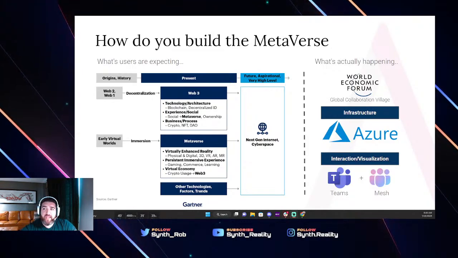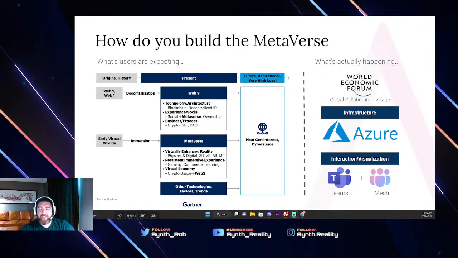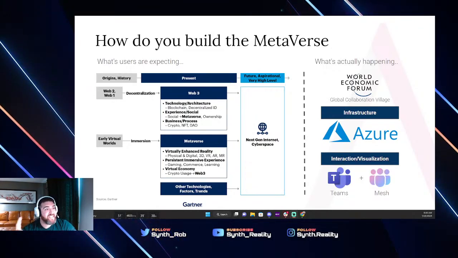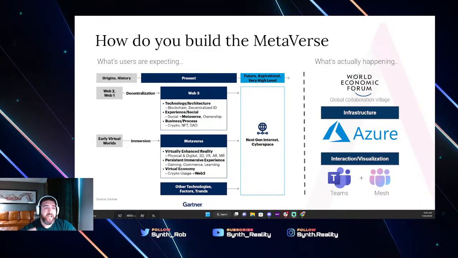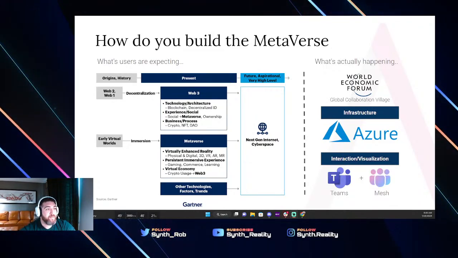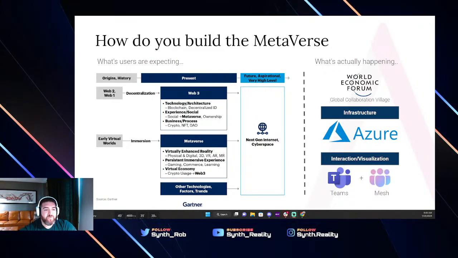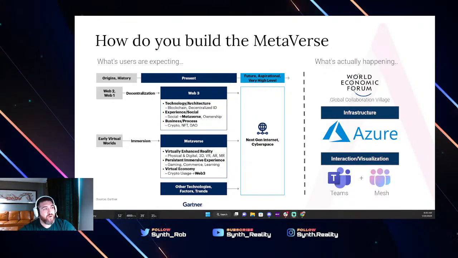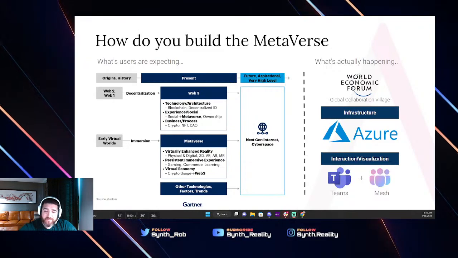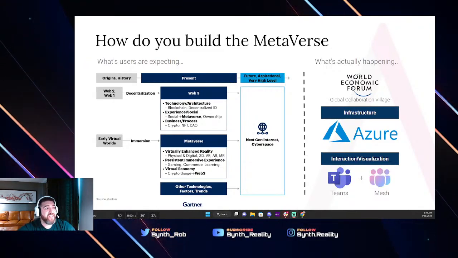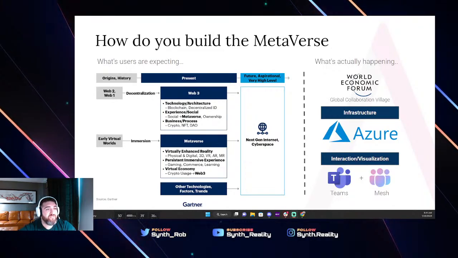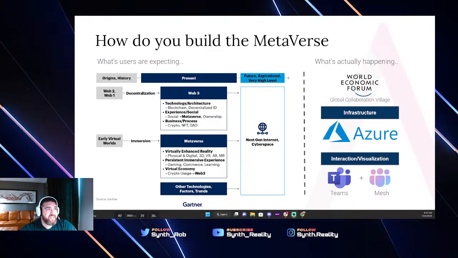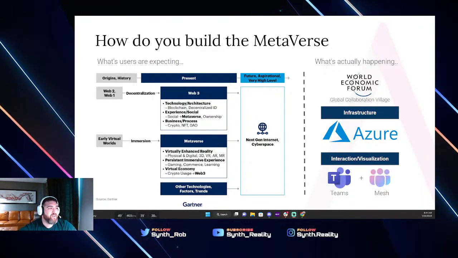So, I wrote a quick write-up about the Global Collaboration Village. We haven't seen any specific data besides this and the 80 partners that signed on to it. Microsoft and Accenture were called out as the top two. And again, it is one portion, one style of experience for the metaverse, and it goes against most of the things you see on the left-hand side: a single platform with a single way of interacting and no decentralized data set, which ultimately really reduces the interactivity that can happen.